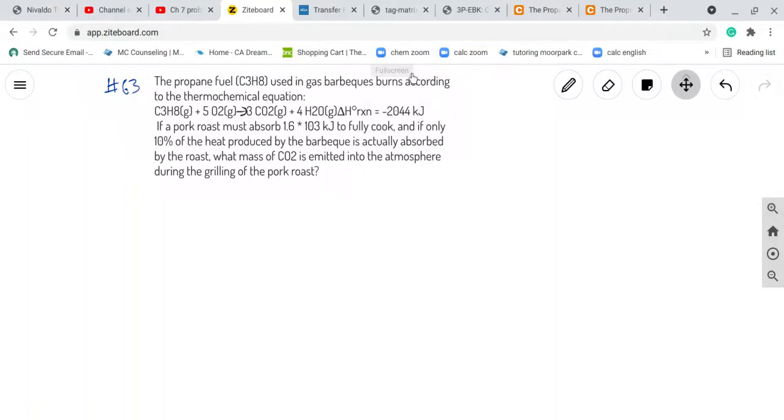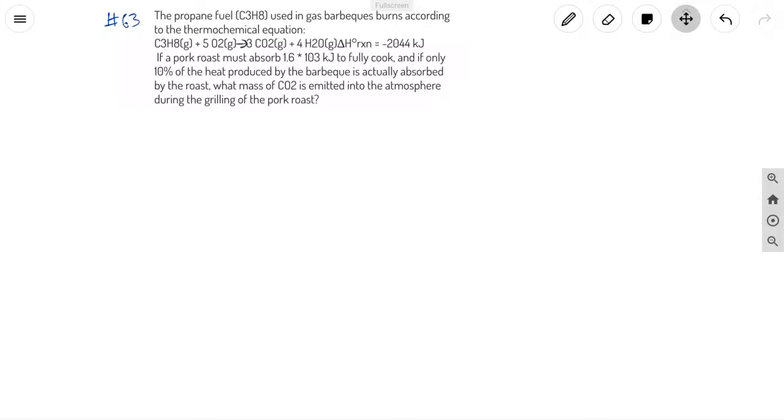Okie dokie. So for this problem, just looking at it, it's a lot to digest. And this is not 103, it's 10 to the third power. Okay. So just looking at it, I'm thinking that the way that we can solve it